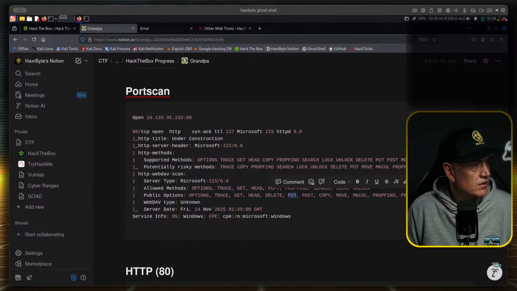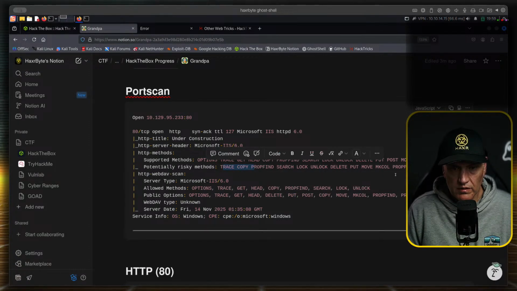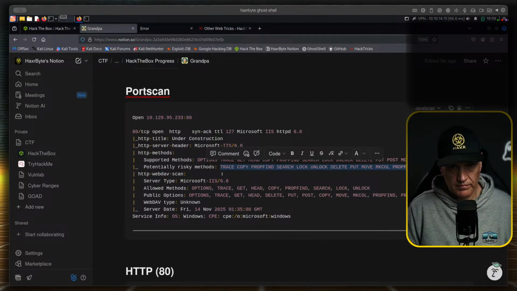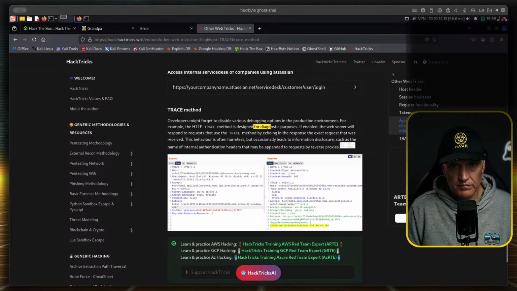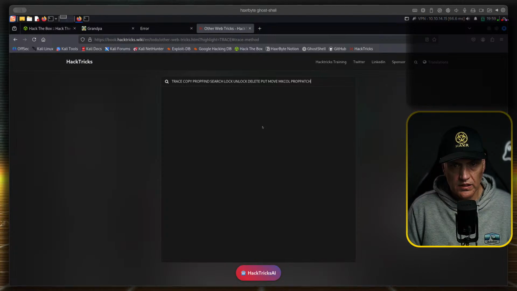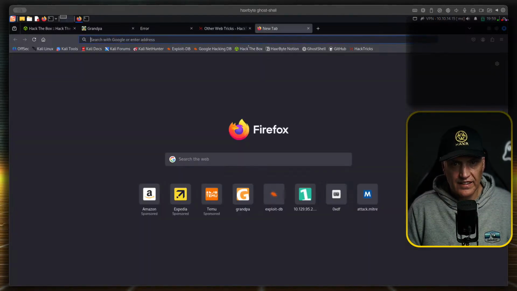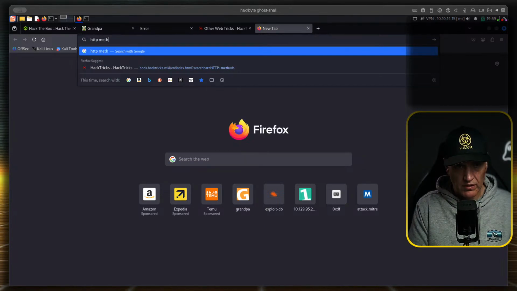PUT, maybe that can do something for us. TRACE, copy. This will be too much, surely. Let's see. HTTP methods.